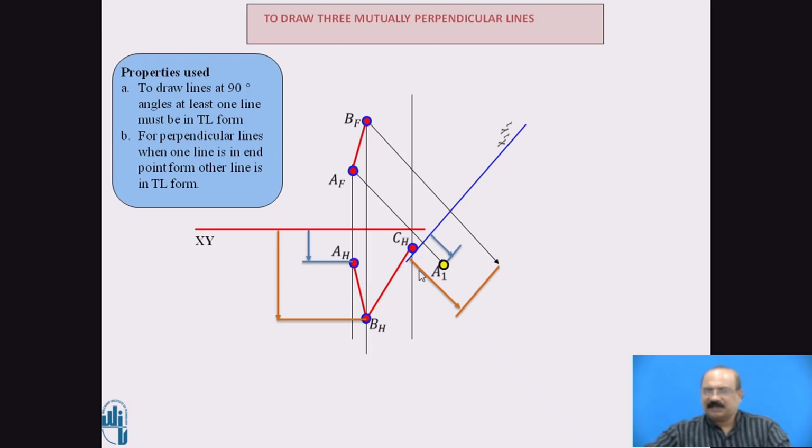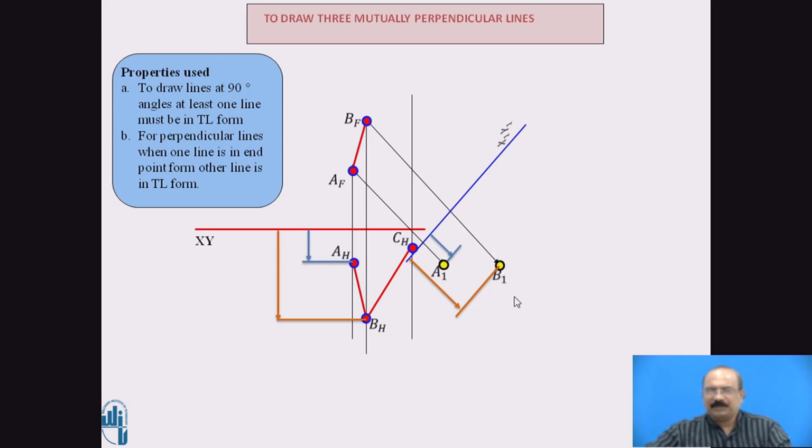I have shown the measurement in this direction. One thing to remember in all these diagrams: the color code of the notation and the direction is the same, just for identification. Otherwise, after completing the problem, you will not be able to understand where the lines have been taken. This point is clear. We will proceed with the next one, as the BF point projected, and we get the B1 point.